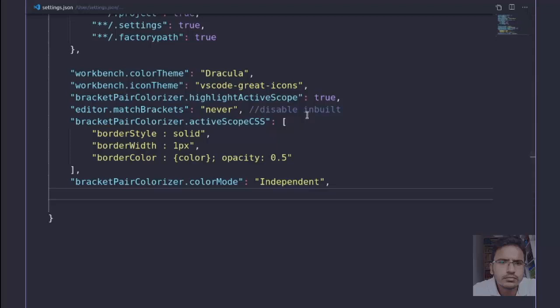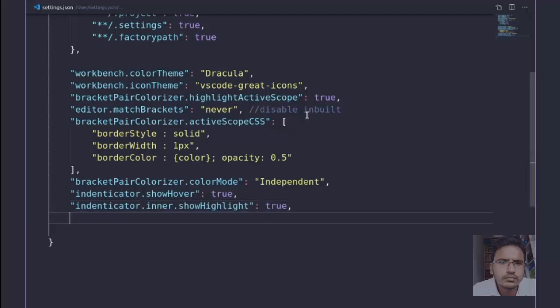I have changed the Bracket Pair Colorizer color mode to independent, so that each bracket's color is independent and does not depend on the colors of the previous bracket.